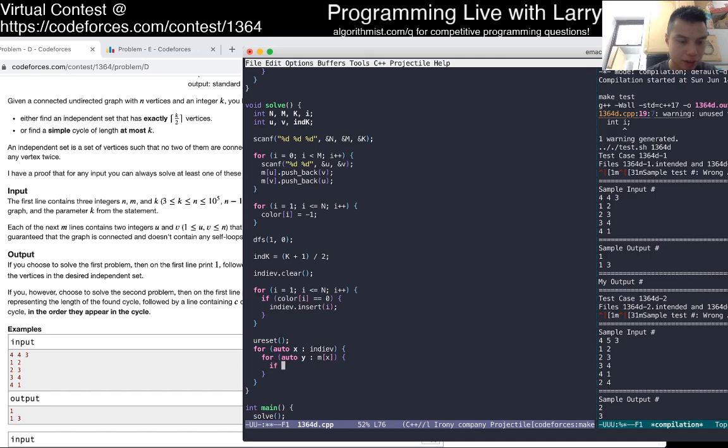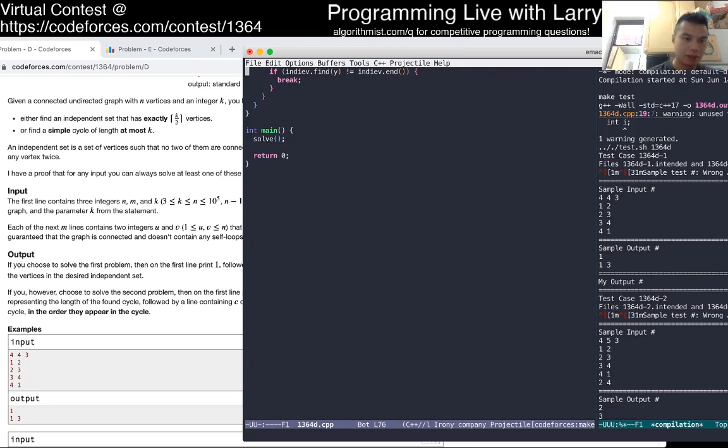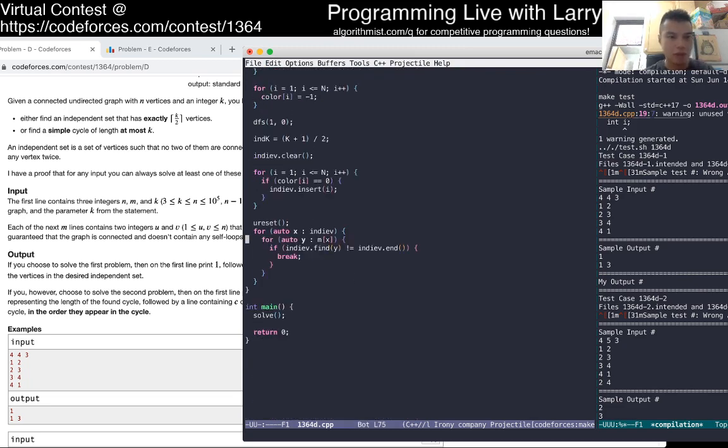So for each node, if node is in... what does this mean?